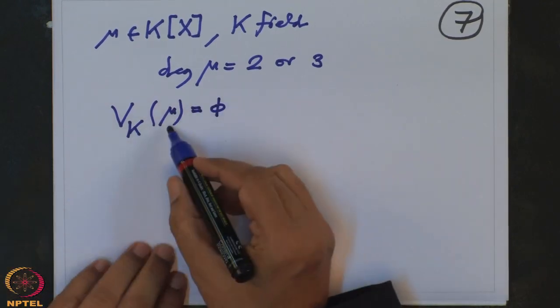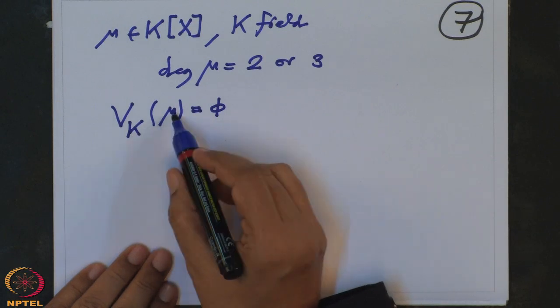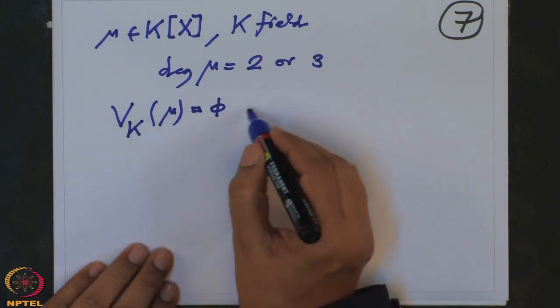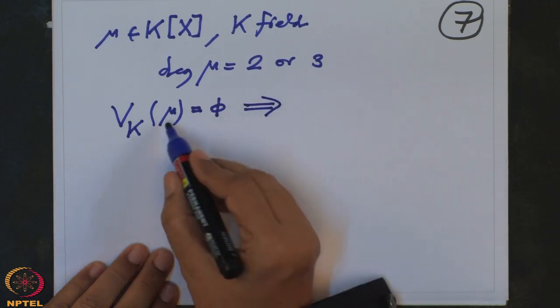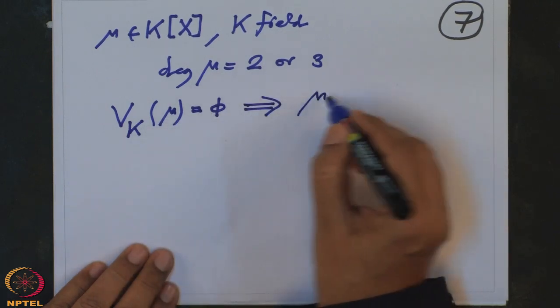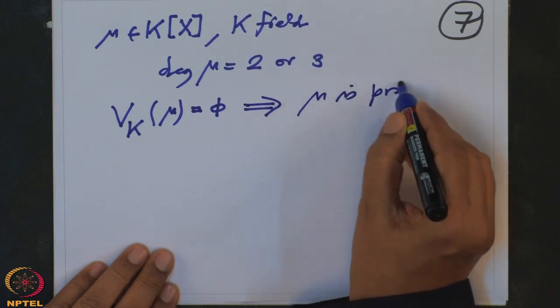If there is no 0, that will mean that mu is a prime polynomial,